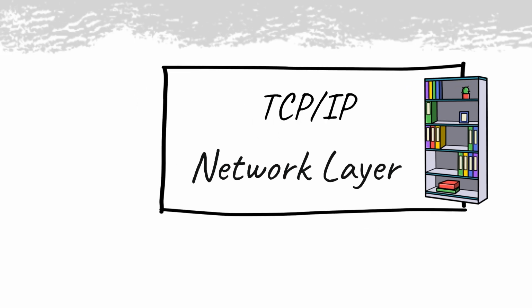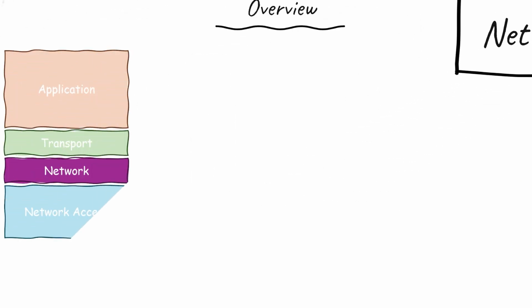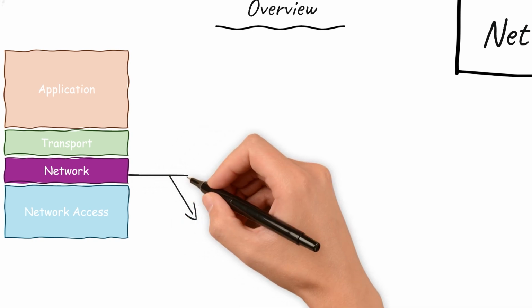Network layer. The network layer is the third layer of the TCP/IP model. Its job is to find the best path for data to travel from one device to another across a network. The key responsibilities of the network layer are